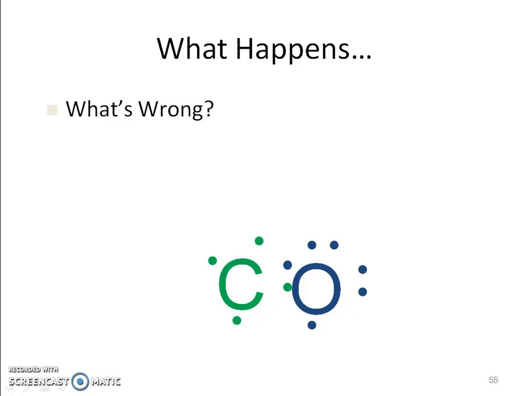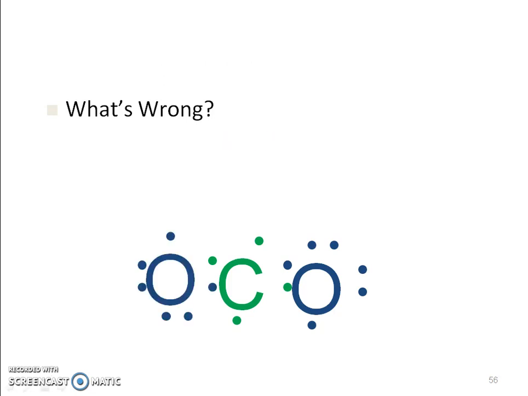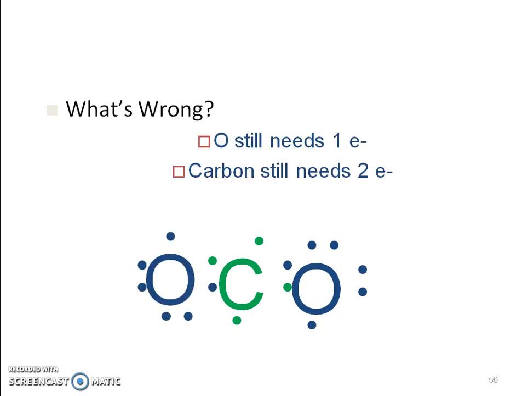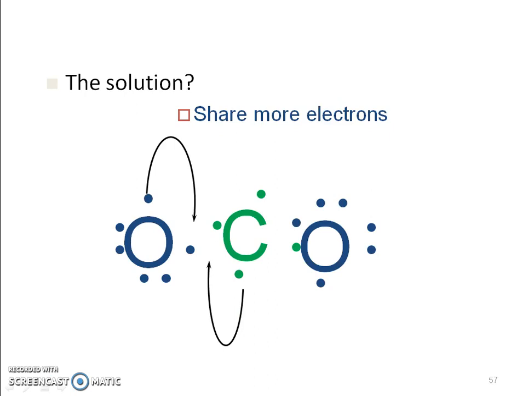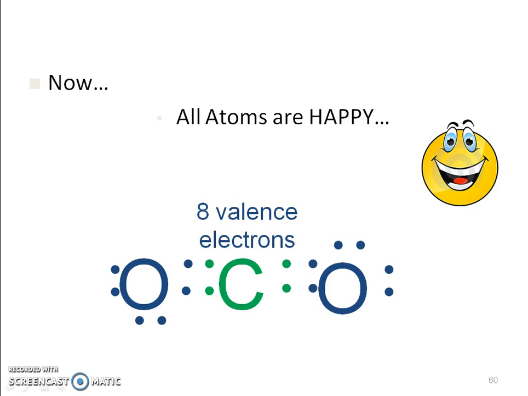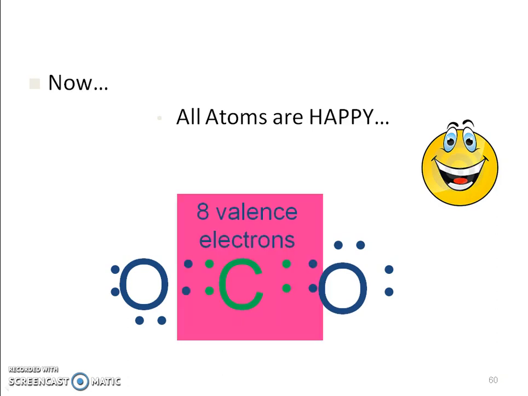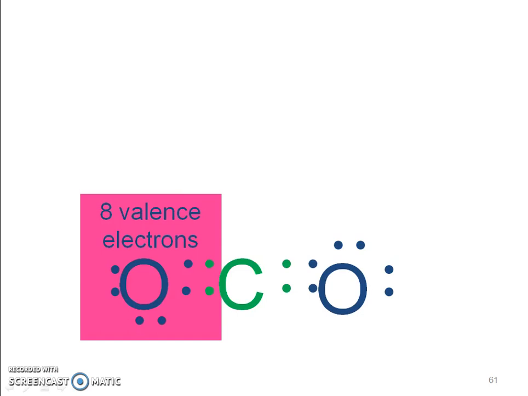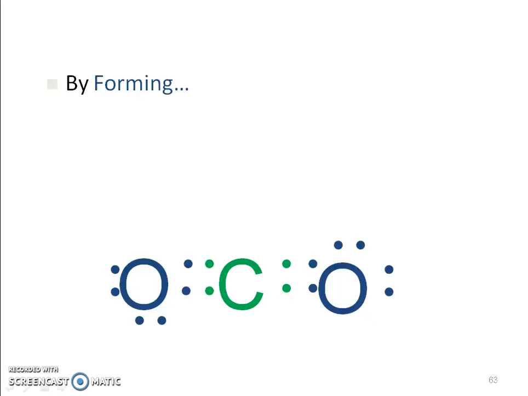So here we go. And in this case, we are doing more rearranging of those electrons. So we still have CO2, but we are rearranging those electrons so that now everybody is happy,